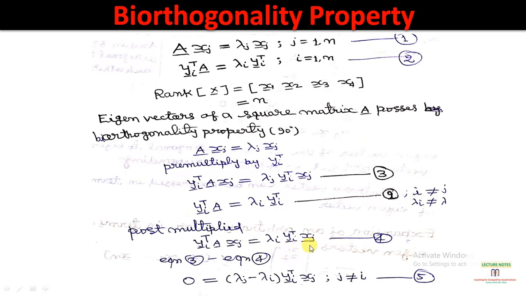Now we will deduct equation fourth from equation third. This equation minus the fourth equation, so we will get this. This side term will be 0, this minus this will be 0, and the remaining will be this. These are constants, like 2, 4, 6, 8, something, a, b, c, d. The only remaining and important terms are yi transpose and xj, where j is not equal to i. J and i are both different.